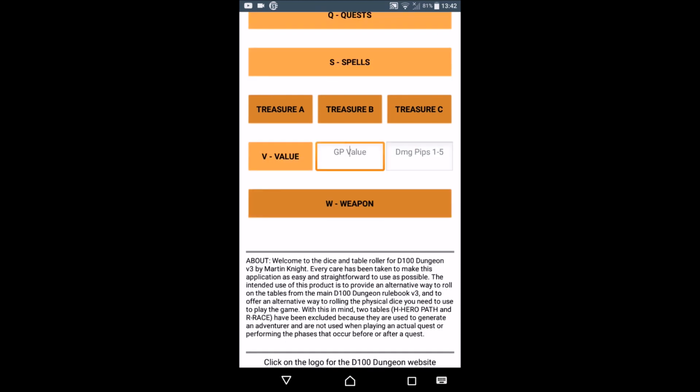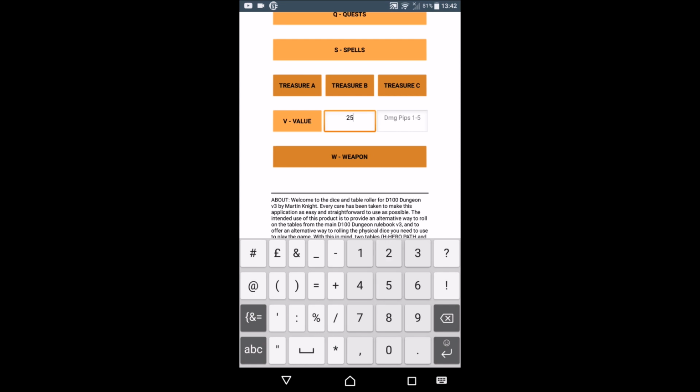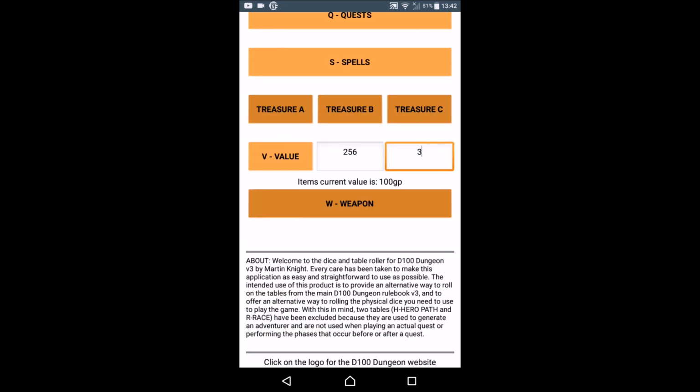So if you've got an item, let's say it's 256 gold pieces in value and it's suffered 3 pips of damage, you enter those into the app and then push the value button, and it works out how much that item is worth when you sell it, so that you don't have to look it up on the table, you don't have to work out how much damage, you don't have to repair it to full and then sell it. You can just let the app work it out and then sell it for 100 gold